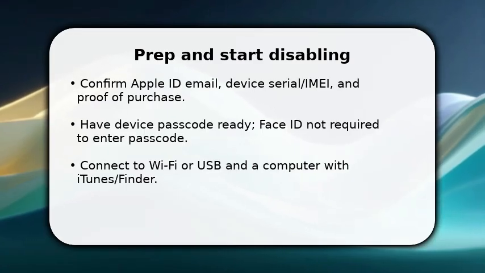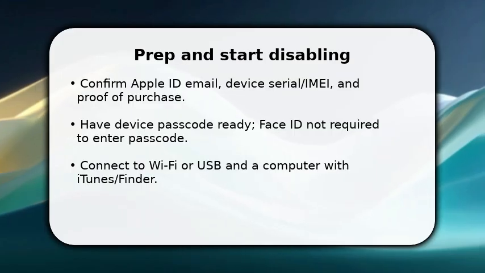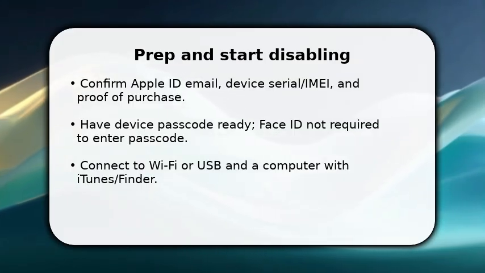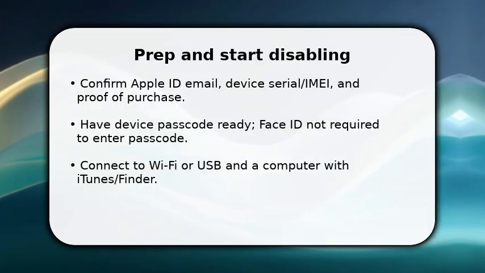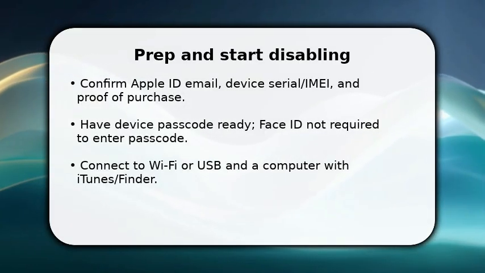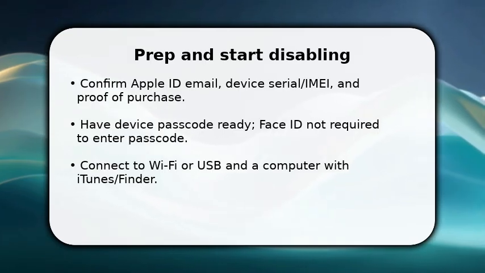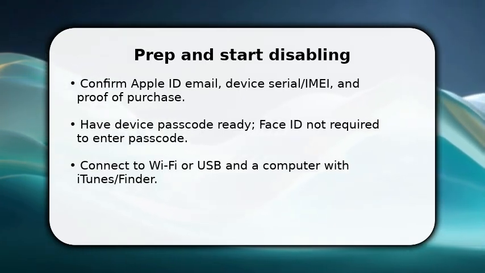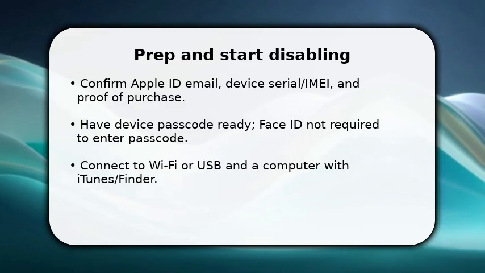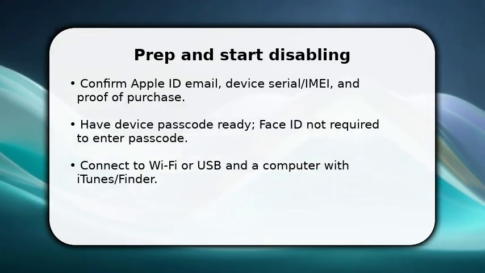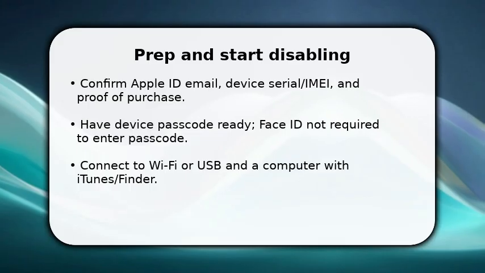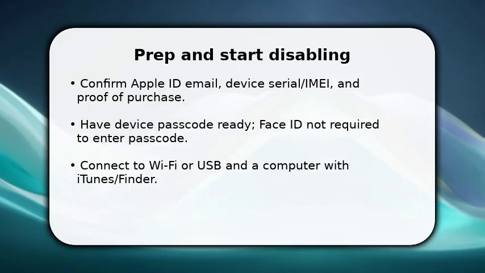You'll start by gathering essentials and opening settings right away. Go to Settings, tap your name, then Find My. You don't need Face ID to continue. Enter your device passcode when prompted and prepare to enter your Apple ID password. If you can't, pause and get that credential. Once done, make sure the device is online so changes sync. This first step disables the immediate lock controls in your account and prepares the handset for the deeper removal steps